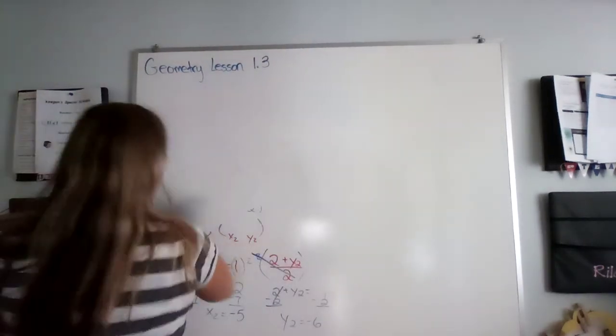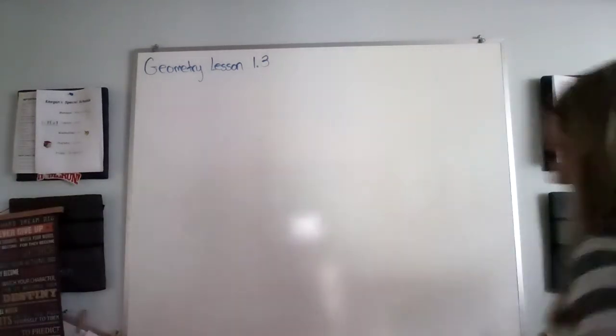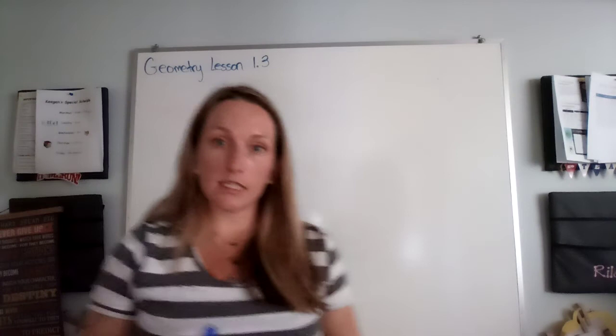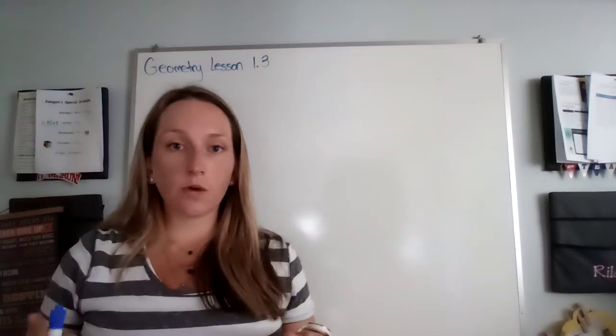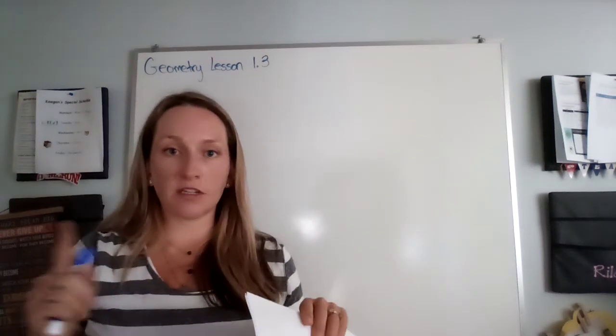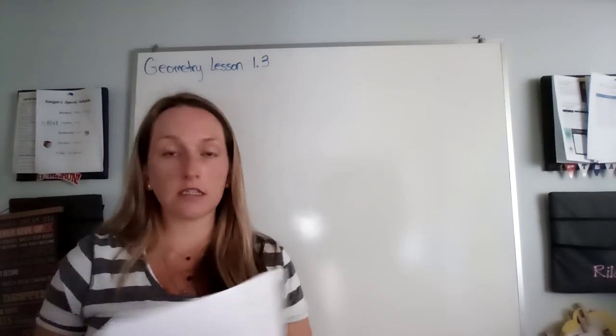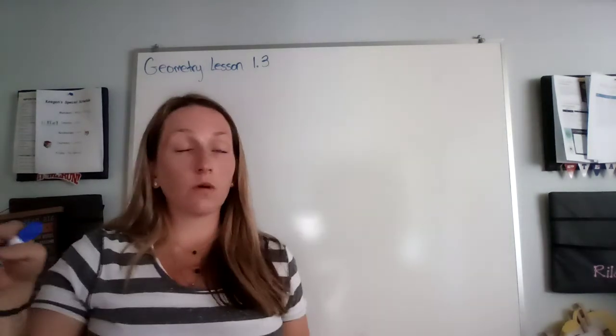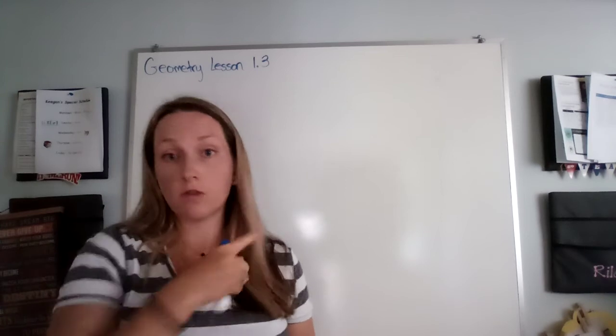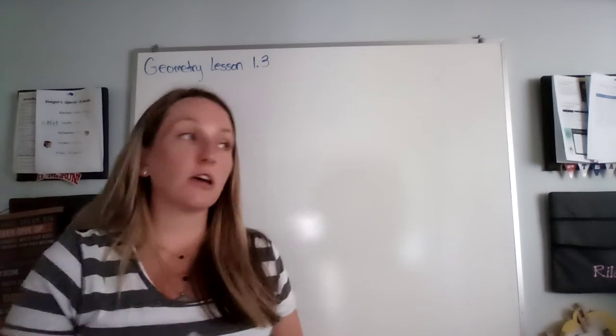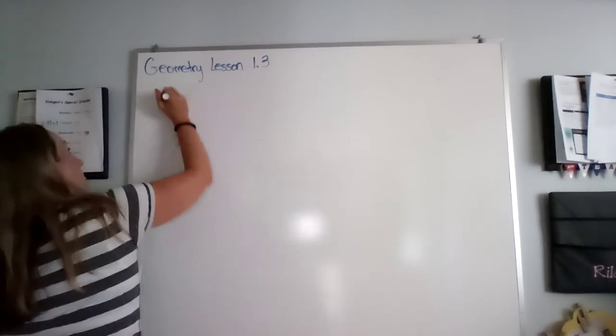All right, let me break down the distance formula. So in a previous lesson, we found the distance between 2 points on a number line, right? And you just had to jump units or take the absolute value of their coordinates and find the distance. However, we're not always going to just be on a number line. We could be in our coordinate plane, okay? So we have a distance formula that we use. Put the right piece of paper on that. Good. Okay, so